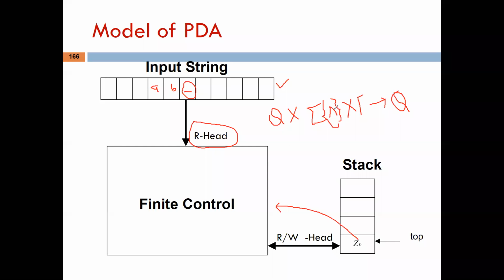Are you getting this point? This summation represents AB. AB is the input alphabet, but this null is not part of the input. So we simply represent this null in that format, and tau is the symbol that is read from, or popped out from, the stack. And after this, you are reaching the new state, and you can write anything onto the stack. So after this, the transition function works like this. If you are writing anything into the stack, it means that it belongs to tau.